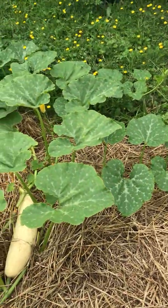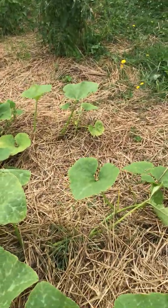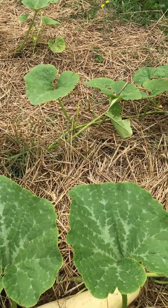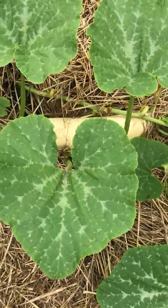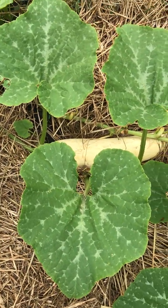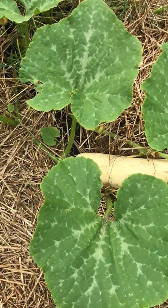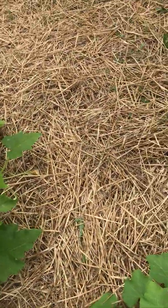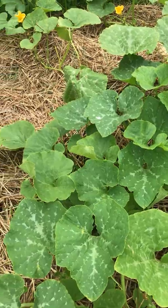Then we have a new, this year was the year of new. I wanted to try some new things. I've been gardening for a long time too, 10 plus years I guess, probably longer than that. But that is a candy roaster. You cannot see how long that is, but this baby is at least 12 to 14 inches long. And candy roaster is a squash. People use it to make pies and all that stuff. So yeah, that's something new. That and the Asian cucumbers are a new project for us. And this particular squash has had